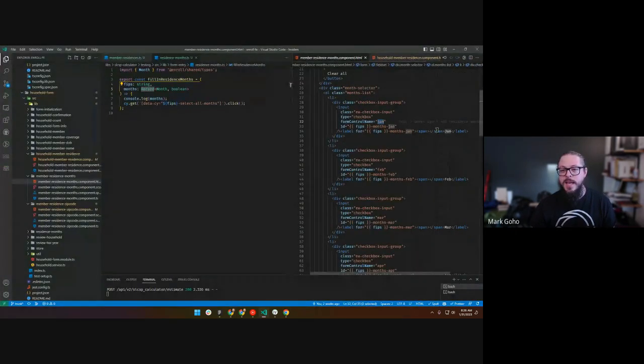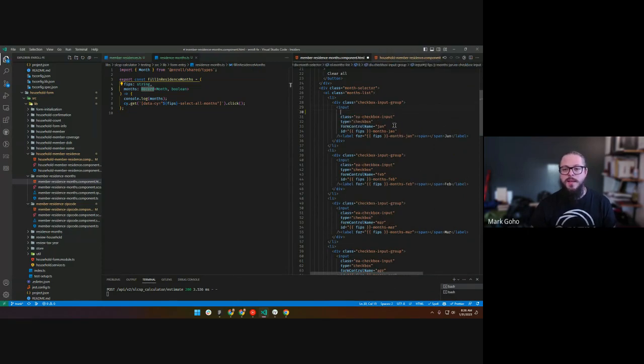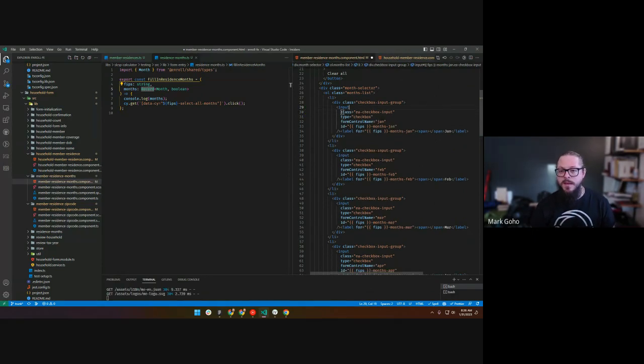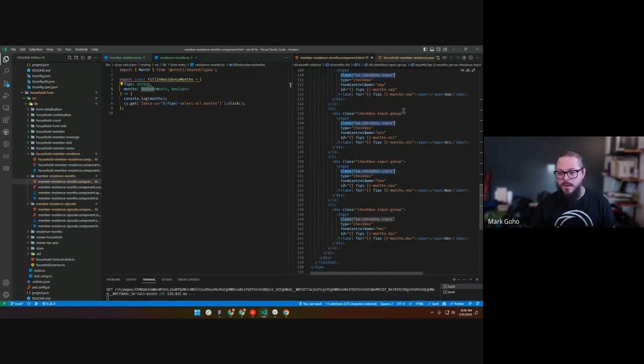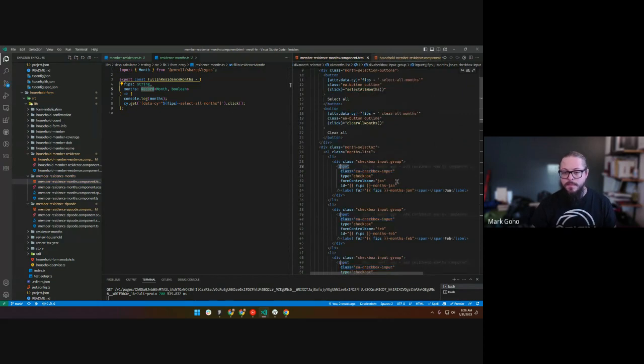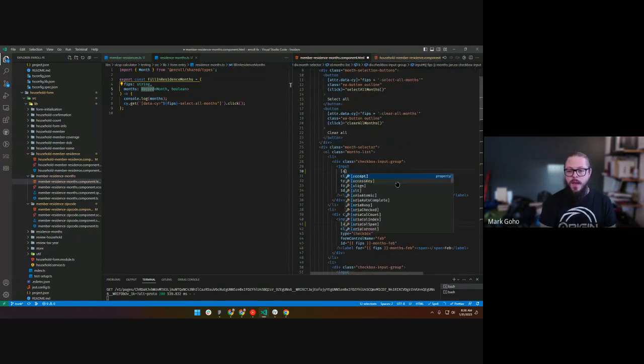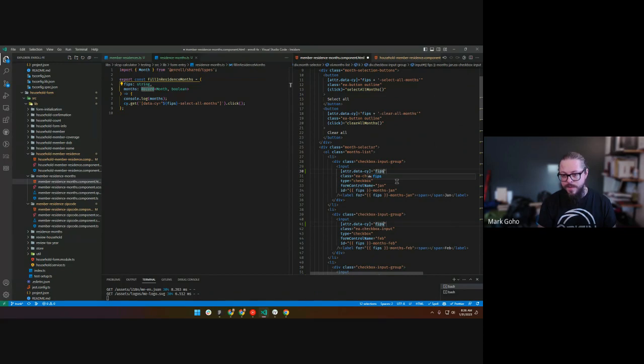So we're going to get the checkbox, and each one should be specifically selectable. You know, we could do its ID. We could also do something like, yeah, we should really do data.sci, right? So let's do this. We need to add to every single one of these. So we're going to bind to the data sci attribute equals, and we're going to do FIPS